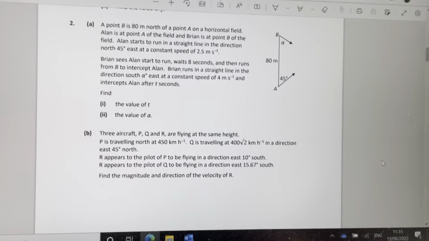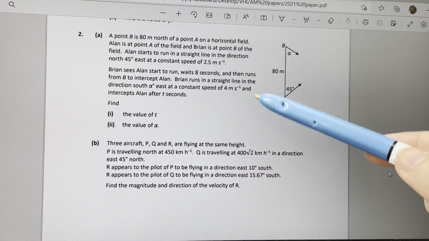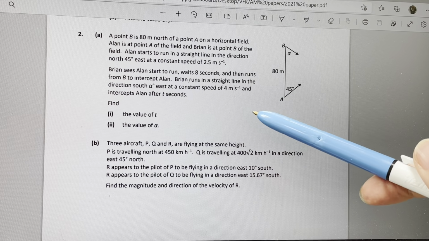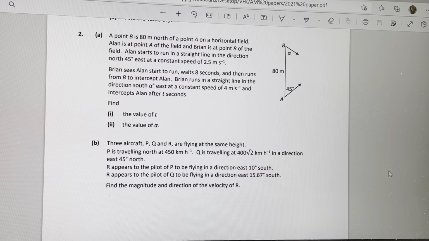Okay, so that's reasonably okay, I would say, that relative velocity question overall. Once you know what you're doing and you just apply the cosine rule and sine rule, it is very straightforward, and it can be over pretty quickly. And this one is fairly straightforward as well, I would think, as relative